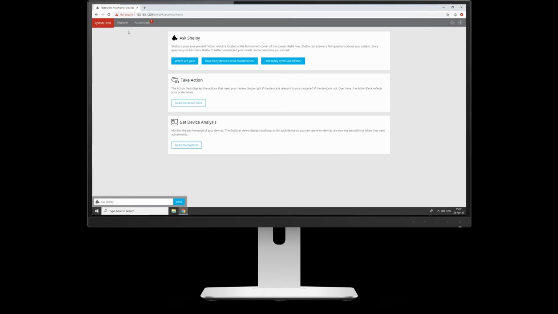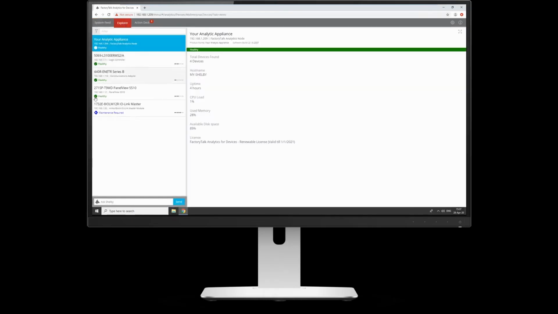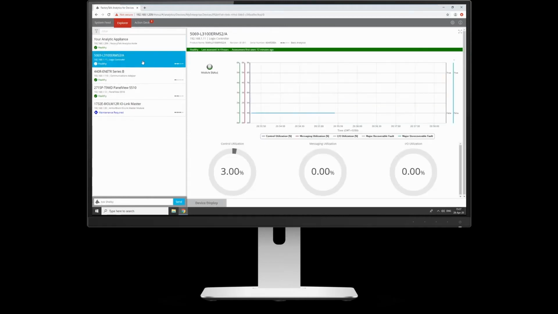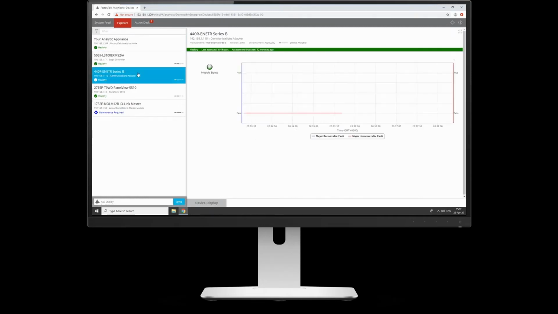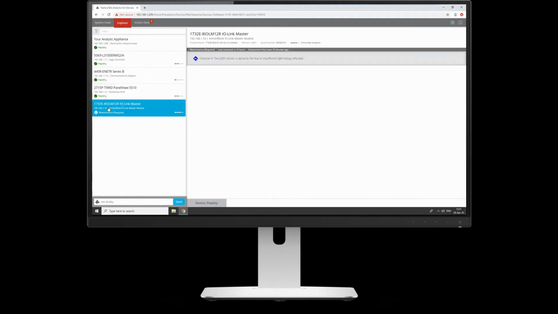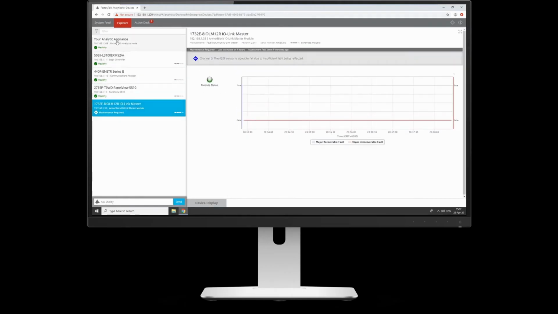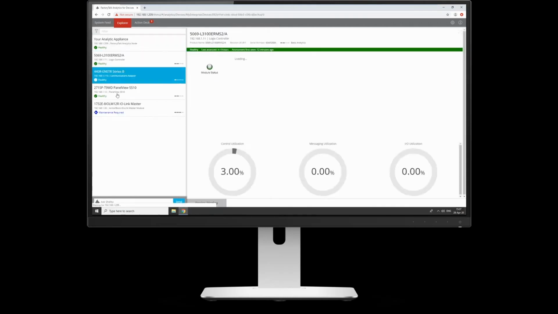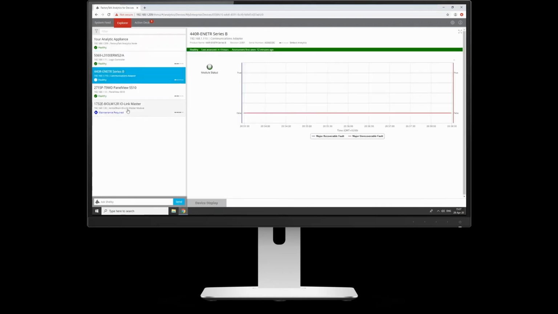You can also go then to the Explorer. This will show you what devices you have on your network. Because I've got a small setup here at home at the moment, I've only got the application itself, the appliance itself, the 5380 controller, the GuardLink adapter, and the Palm B5510. I've also got the IOLink Master. What it's showing there, from a quick overview, is everything's healthy apart from some actions required on